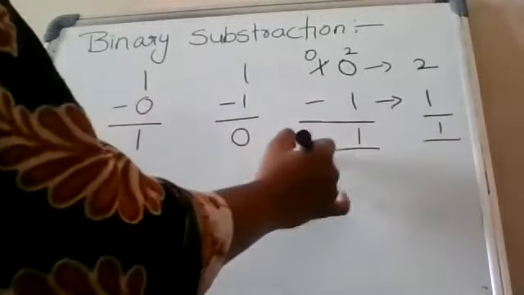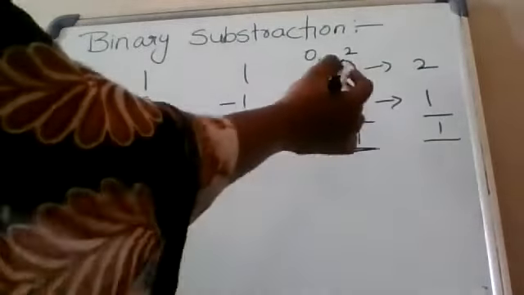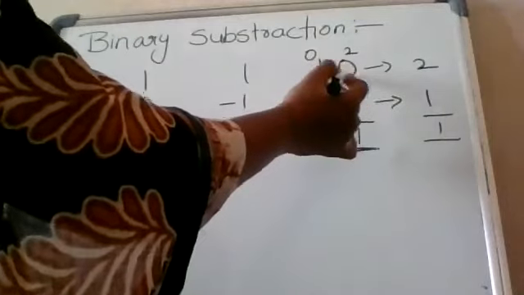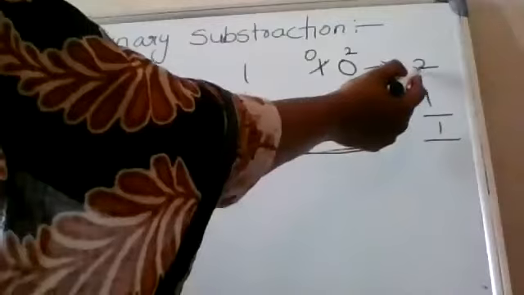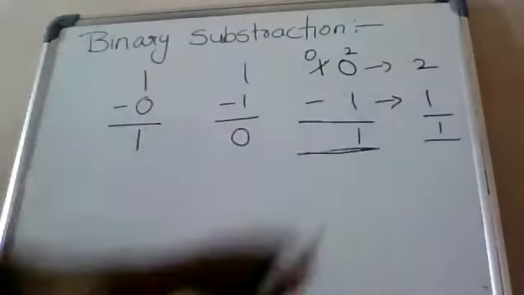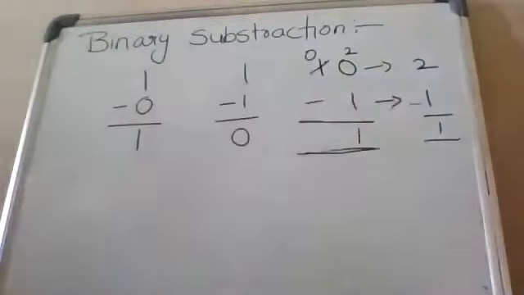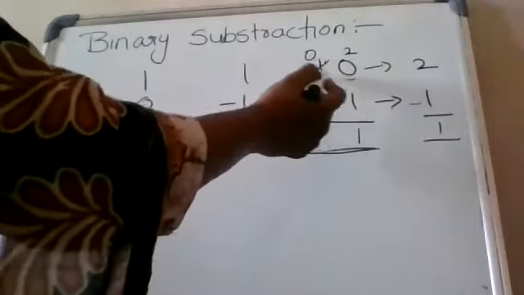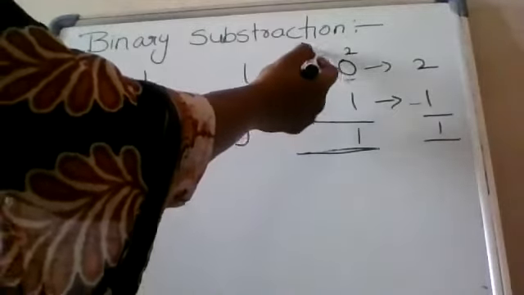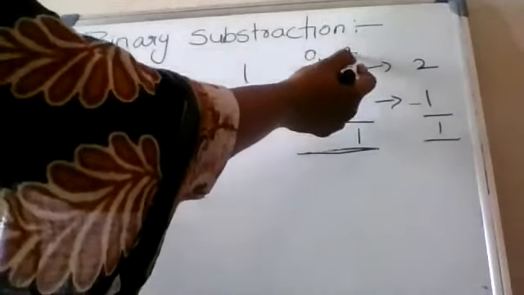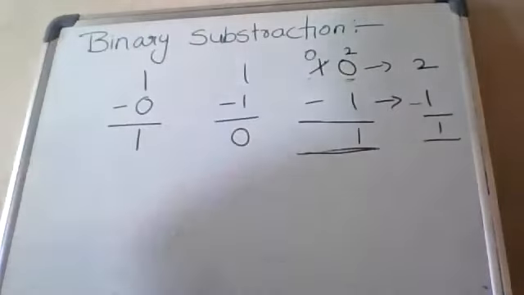Here two numbers 1 and 0, here only 1. In the decimal system we can write this is 2, this is 1. 2 minus 1 means we get only 1. So here we take the borrow from this number. This number will cancel and here 0, 2. 2 minus 1, 1.